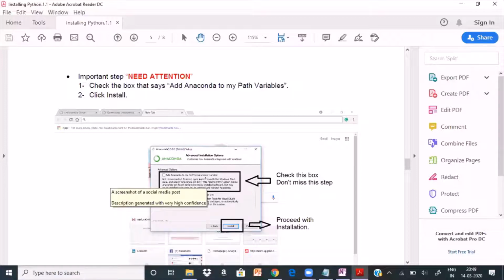This is very important, because I don't need to explain to you what the path variable is. I am assuming you all know a programming language. If you don't know any programming language, then there is something called a path variable. This path variable sets the path for the software to access and take certain variables from there. We will see in more detail once we get into the programming. But right now, just click this checkbox.